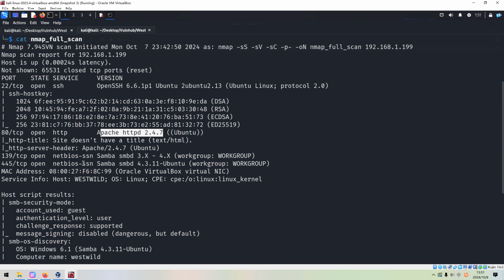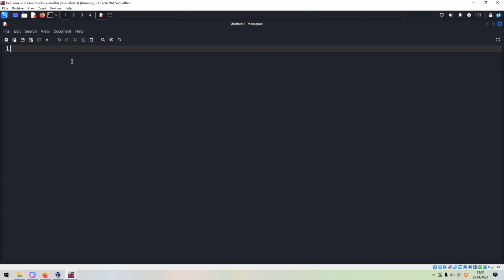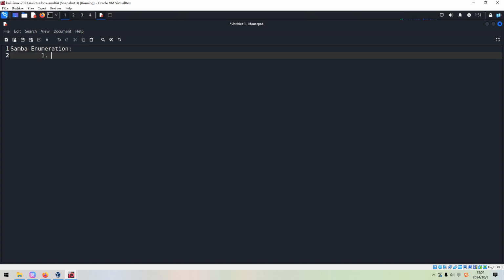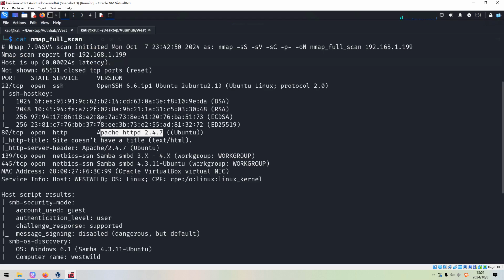We can use these techniques for Samba enumeration. The first utility I'd like to use would be smbclient. And the second one would be enum4linux. Okay, so let's do it in action.